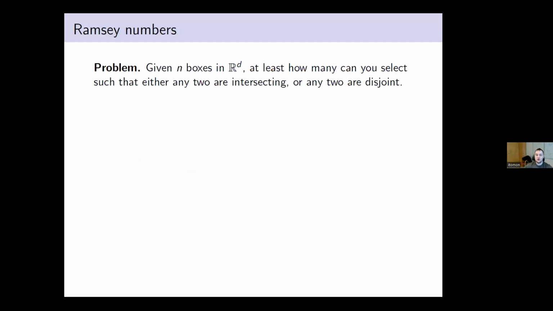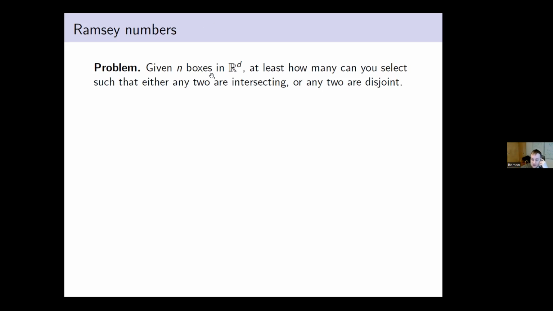And so the final problem I want to talk about involves the Ramsey number of configurations of boxes. In general, Ramsey theory studies the question: given a graph, what is the size of the largest clique or independent set that you are guaranteed to find? In general, you know that the answer is logarithmic, but now we know that when your family is somewhat structured, you can greatly improve this. And people study, for given families, how much you can improve this.